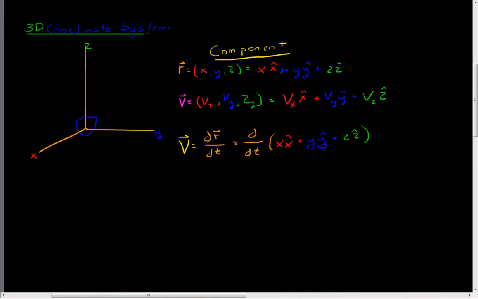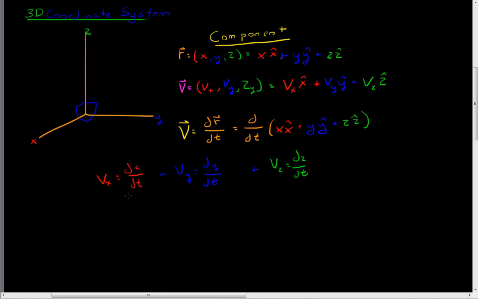If we take the derivative of this business right over here, we get the velocity in the x component. So the velocity in the x component is equal to change in position over change in time. Now the velocity in the y component is equal to the change in the y position over the change in time. And the z component is equal to the change in position over change in time again,